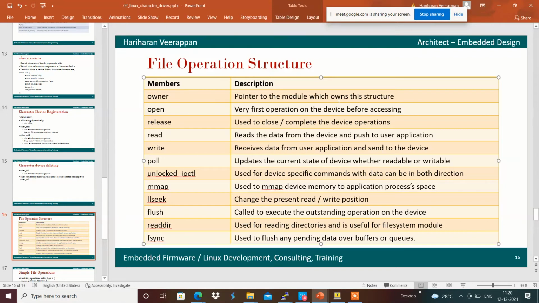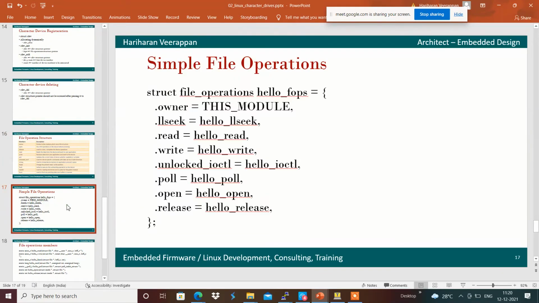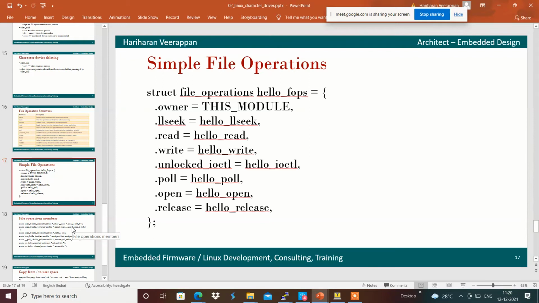And we have something like mmap and llseek, all those things that we will be having over here. We will get started with a simple file operations structure, with open and release that we will see, and read and write that we will see over here.